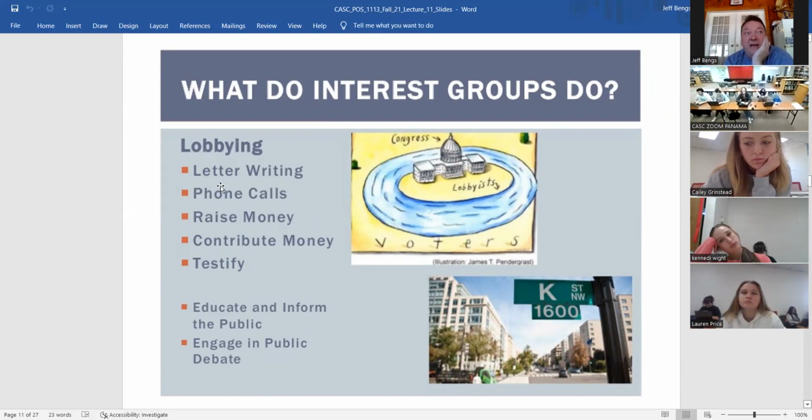They will start letter writing campaigns. So for example, if someone has joined Greenpeace, and you can be a part of an interest group just by becoming a member and paying a monthly due or a yearly due. You join Greenpeace, you've seen those commercials, right? For the animals that are neglected, join this group and we'll send you this nice little plush panda bear and a t-shirt. So you can join interest groups and just be a member by contributing money.